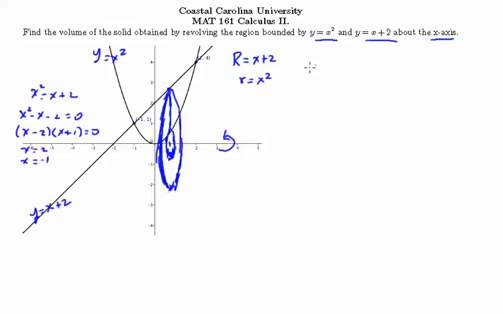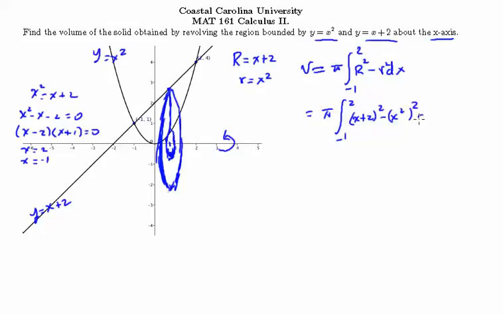All right, so then the volume now becomes pi times the integral of big R squared minus little r squared. In terms of x is what we calculated because we picked an x, so we need to integrate with respect to x from -1 to 2, which then gives you pi, integral from -1 to 2. Big R squared is x plus 2 quantity squared. Little r squared is x squared quantity squared, dx,